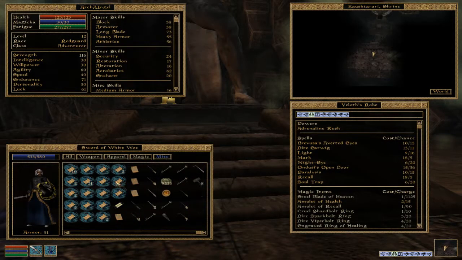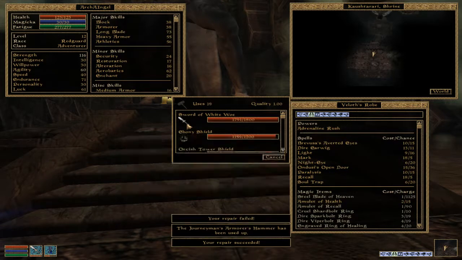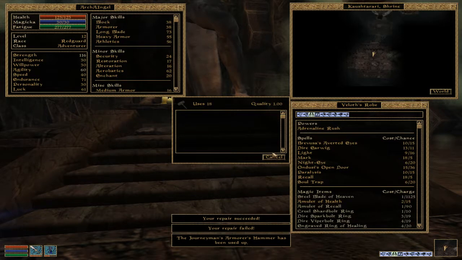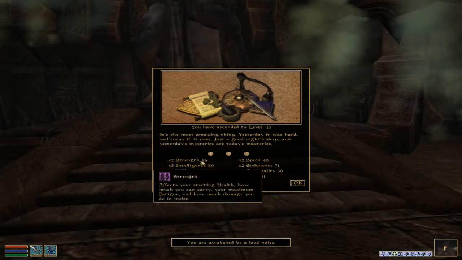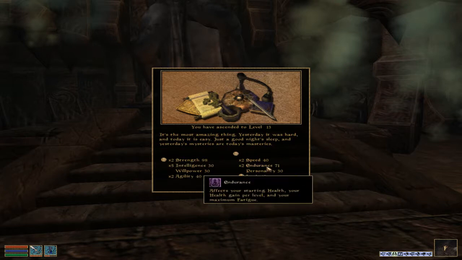So let's repair. Be warned, bing bang bong noises are about to happen. You guys know what happens. Because these noises do get annoying. Also, I'm repairing the Orcish gear for more experience. I think I'll rest for an hour just to try and get the level up. Strength? Wow, that's a lot of intelligence. That's probably from... But there's also two... Okay, and...